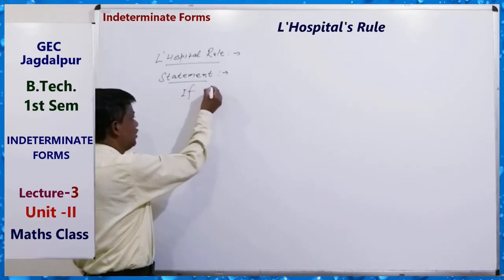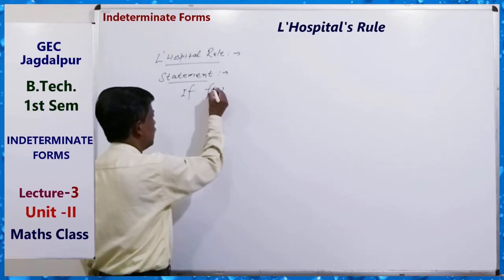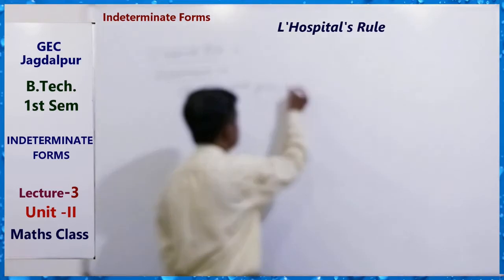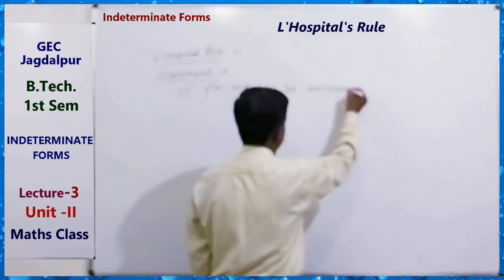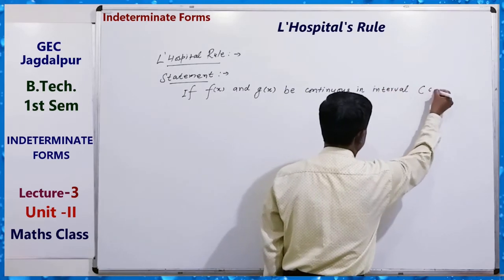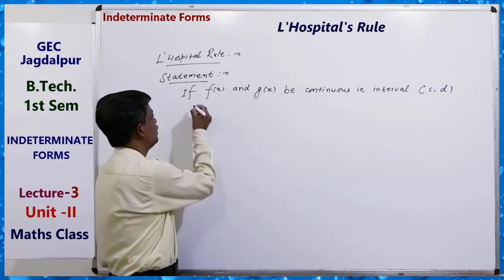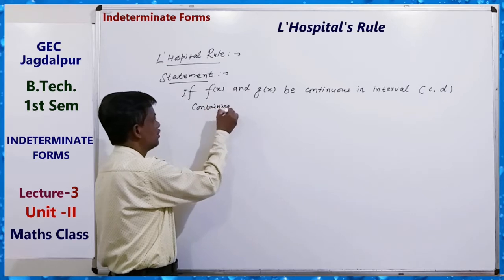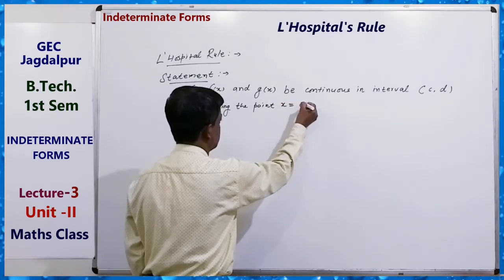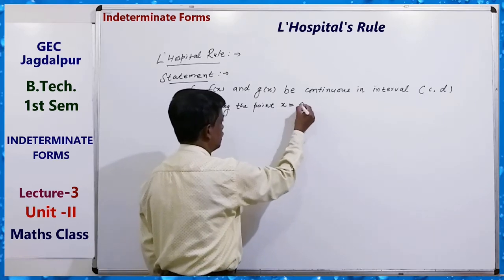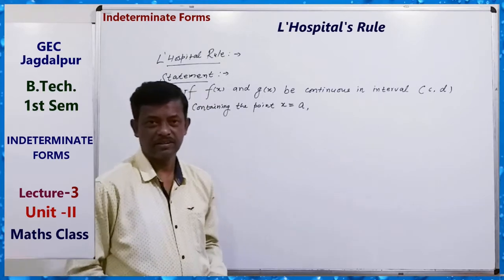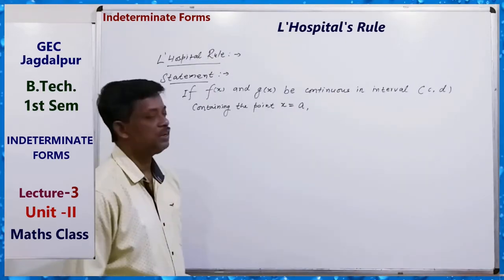If two functions f(x) and g(x) are continuous in an interval, suppose [c, d], containing the point x equals a. That means our two functions f(x) and g(x) are continuous in the interval [c, d], and [c, d] contains the point x equals a,